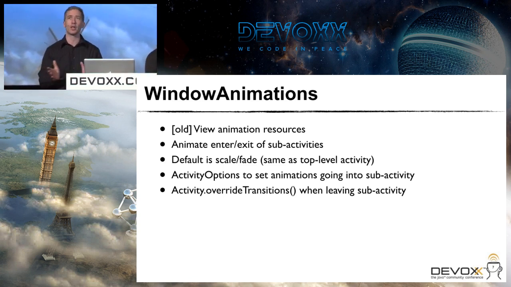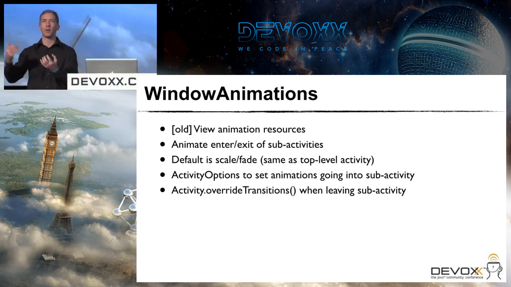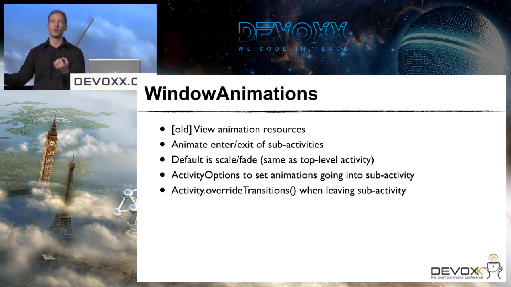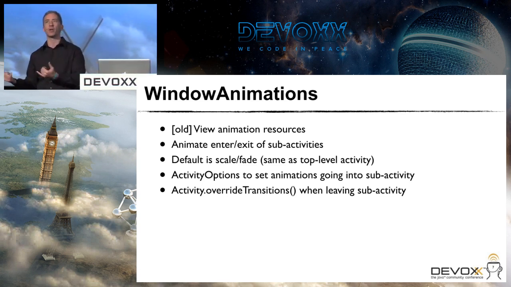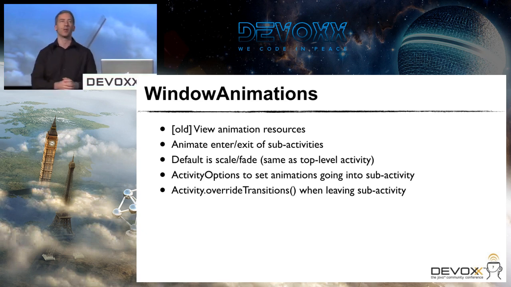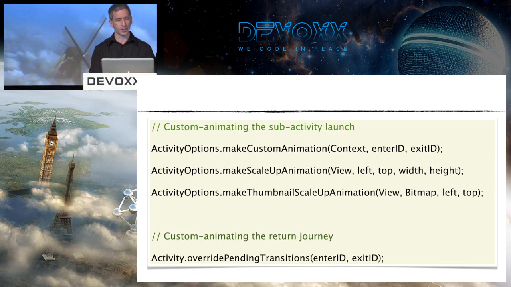The new approach, enabled as of I think 3.1, is an object called ActivityOptions, and you can set these animation parameters that tell it how to transition into a sub-activity and then back out of it. And there's actually two sides to every animation. You want to declare an animation that tells it how to animate the new sub-activity in, as well as how to animate the existing activity out. And then when you go back out of your activity, you may want a custom animation to get back to the main activity. So let's see